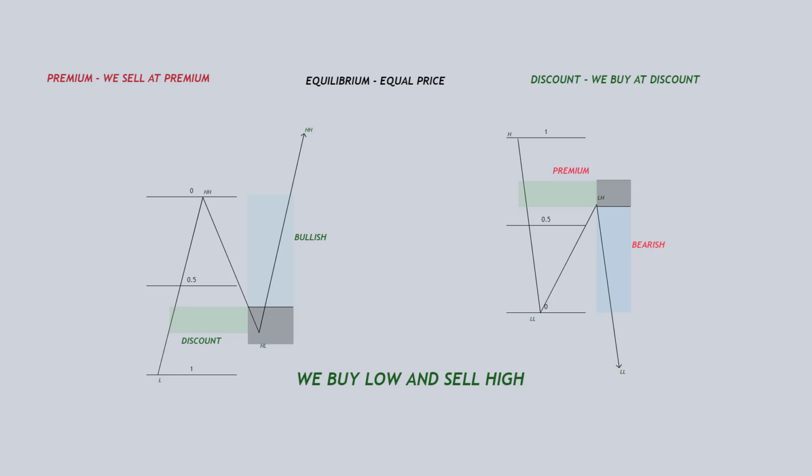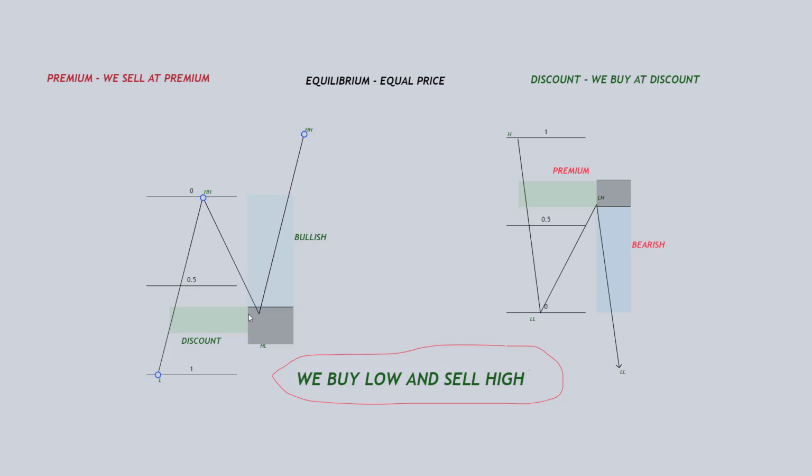We buy low and we sell high. Just this phrase right here will save you a lot of money, right? Once you understand this, it will save you a lot of money. Once you have clarified your range, the low and the high of the range, you have to wait for price to cross the 50%. A lot of people might see a good clear order block right here, but price hasn't